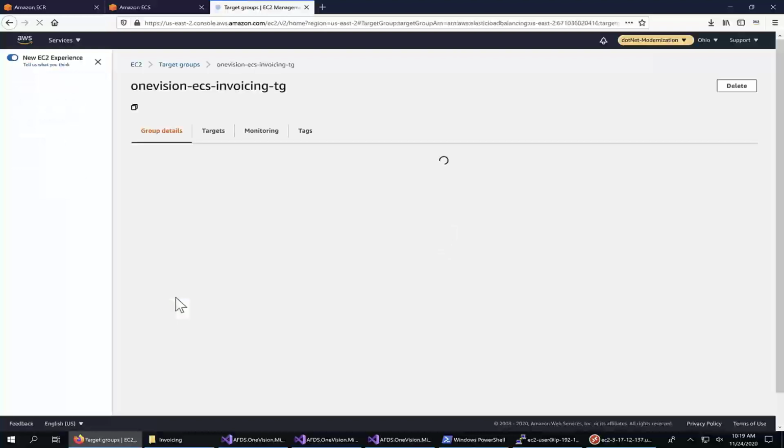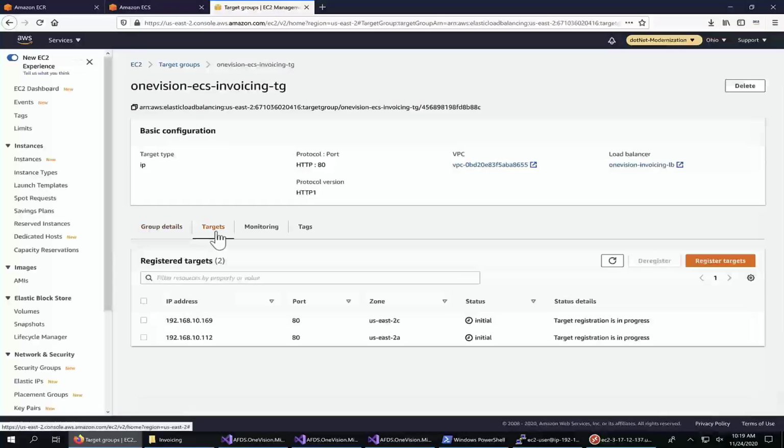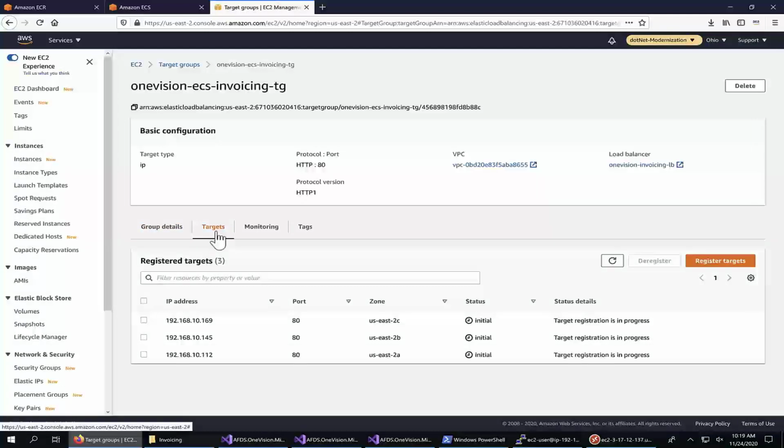Once they pass their health check, they'll be added as active targets for the load balancer. This may take a few seconds to a minute or two, depending on the health check, so let's fast forward until everything's up and running. The tasks have all spun up and have been registered with our load balancer.